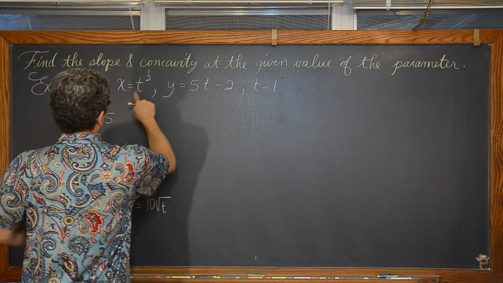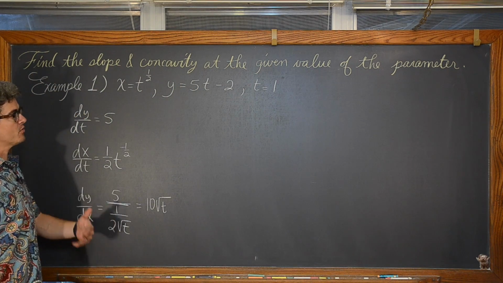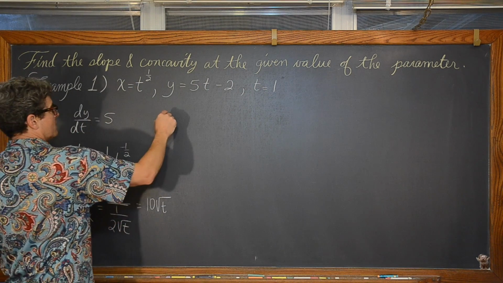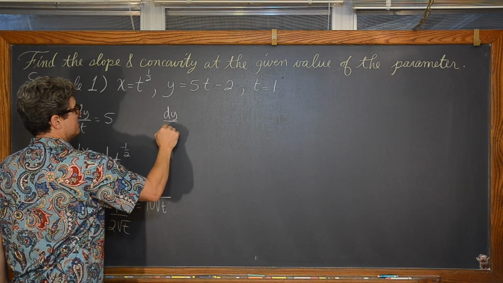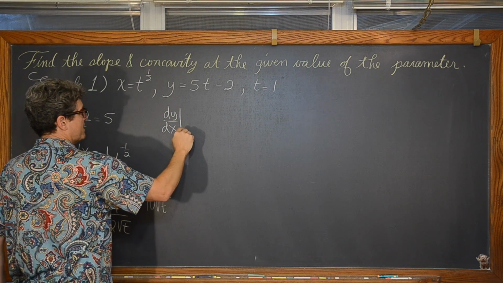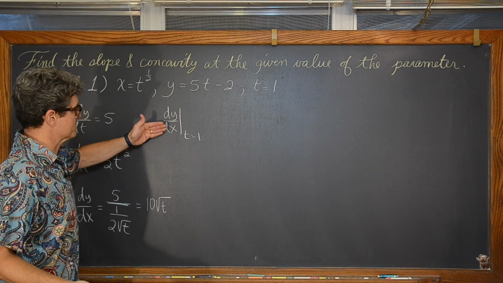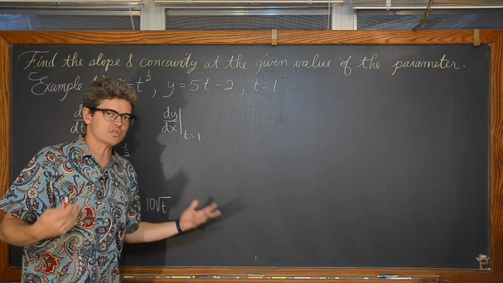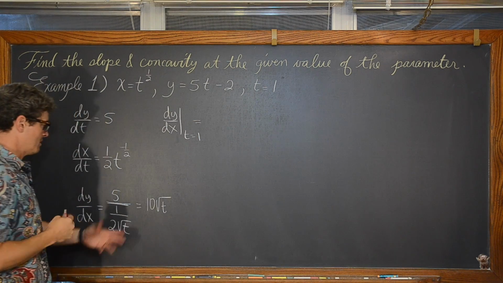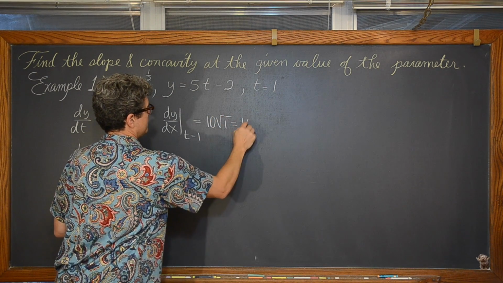So what is this curve? What's the curve defined by these two parametric functions? Is it increasing or decreasing when t is equal to 1? Well, our first derivative, dy dx, notice no notation of t in there, but we're going to find that derivative when t equals 1, right? Because slope is change in y over change in x, not some kind of change in t. So we have our first derivative when t is equal to 1. Well, we have 10 times the square root of 1, which is simply equal to 10.